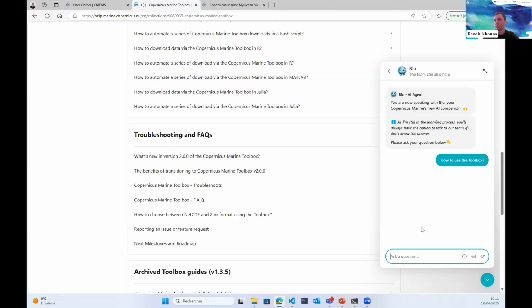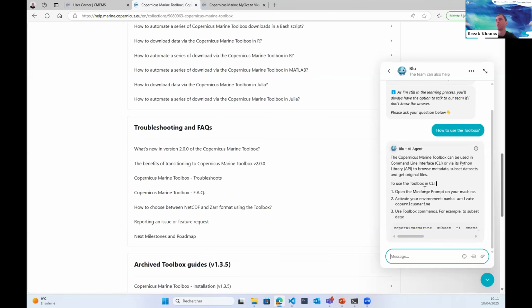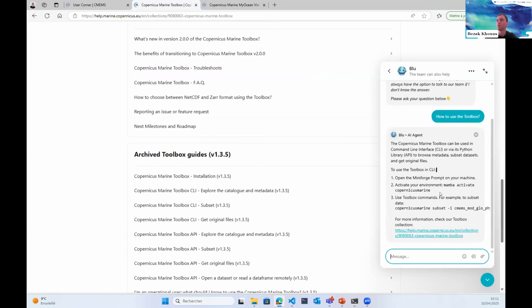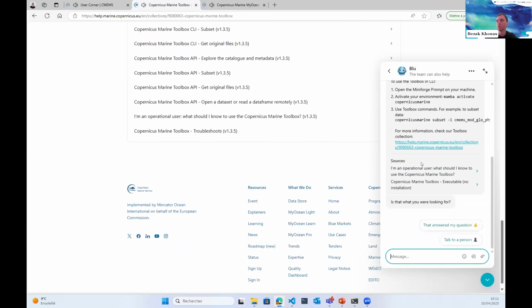So what Blue is going to do is explore our data center and try to come up with the best suitable answer for your question. Blue is optimized in such a way that he always comes up and joins sources at the end of its response. These sources will guide you to the related articles, which you can consult and find the best suitable